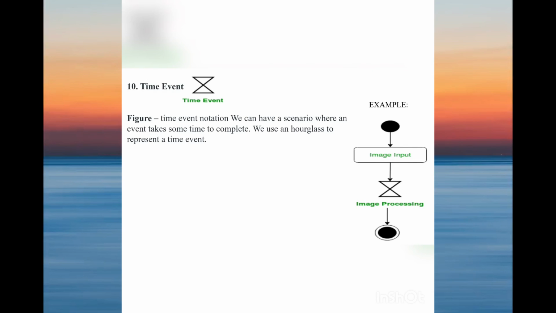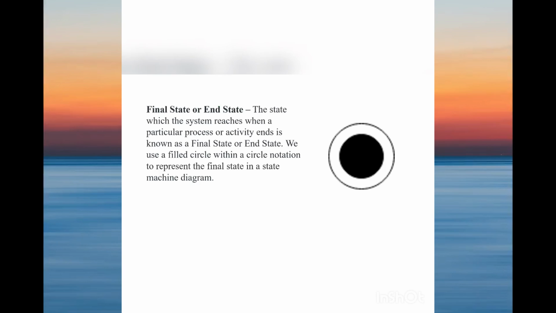Time event. So here is the example. Let us assume that the processing of an image takes a lot of time, then it can be represented as shown below in an activity diagram using a time event. So you can see image input, image processing. Final state or end state, the state which the system reaches when a particular